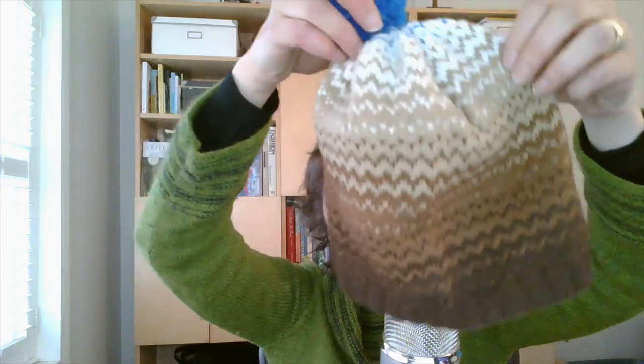Plus, it's also complicated, right? Stretching the hat, because, I mean, do you have a hat form that's exactly the size of your head? You don't need that, and you don't want to. You want the hat to be the right size, that negative ease, when it's been washed. So don't go stretching. Now, if the hat uses stranded colorwork like this one, okay, this has got stranded colorwork